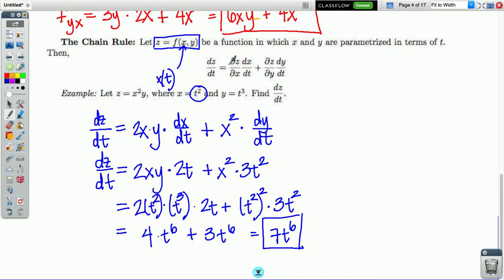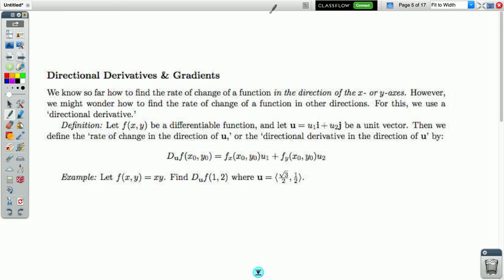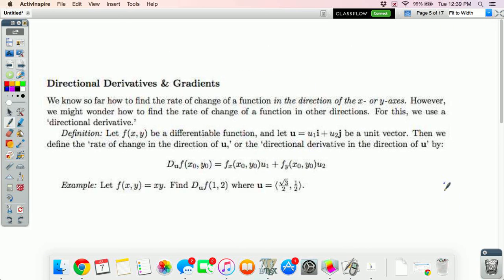So again, the process is differentiate with respect to x, and then just don't forget to multiply by the derivative of the inside function, and then do the same thing for y. Differentiate the whole function with respect to y, and then go back and multiply by the derivative of the inside function. So chain rule in multiple variables just says find your 2 derivatives and then add them together, and just don't forget to multiply by the derivative of the inside function, just like we normally do with chain rule. Now at this point,